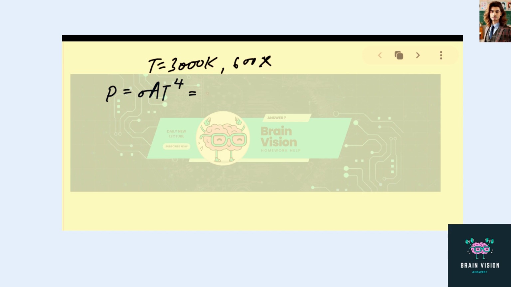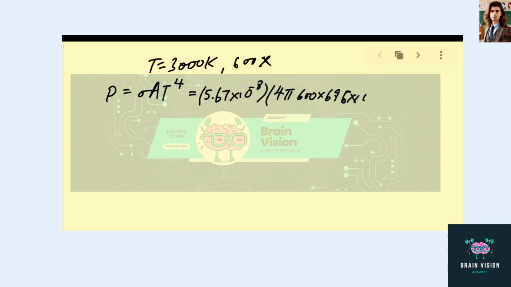So we know the Stefan-Boltzmann constant, the surface area would be 4 pi r squared, but this r is actually 600 times the radius of our sun, so we use our radius,